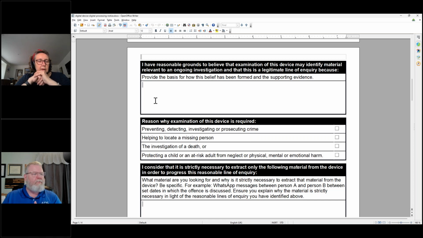So you were talking about some of the things that have to be done before you even connect the phone. In the UK, since the Court of Appeal case in 2020, there are basically four principles for extracting data. Everybody knows, so I apologize if I'm teaching you to suck eggs, and I'm desperately looking for what they are.